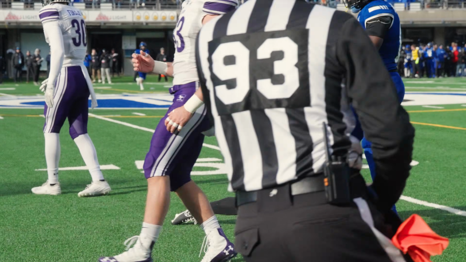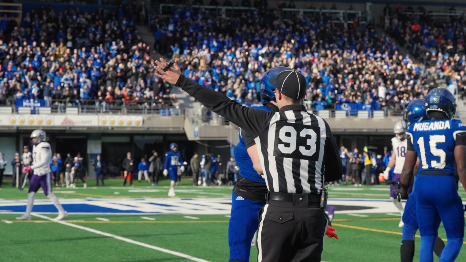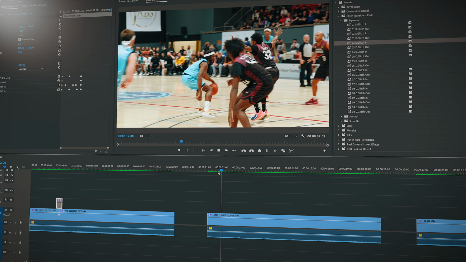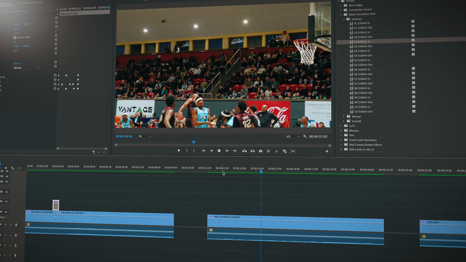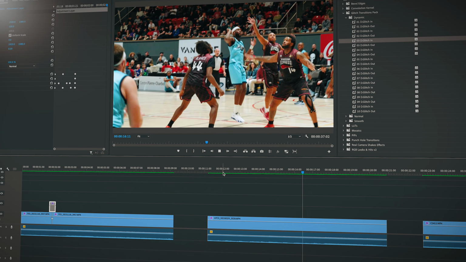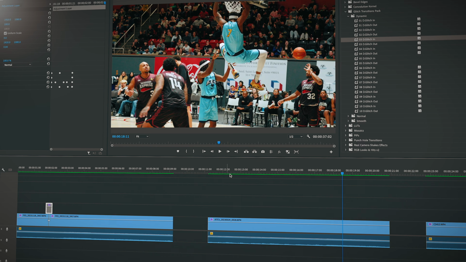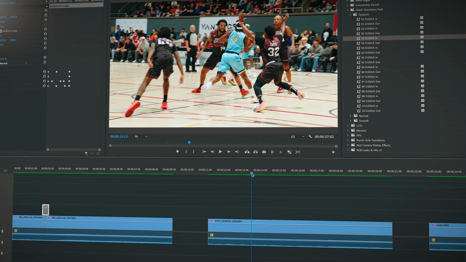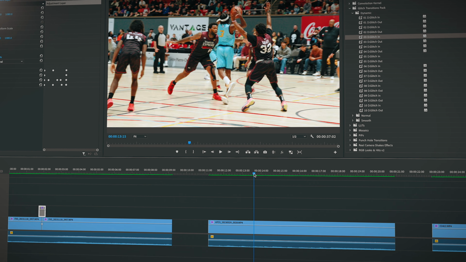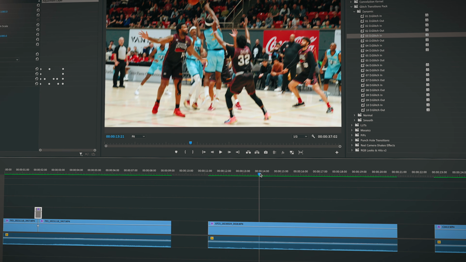It's subtle, it's pretty quick, but I think it does the job. For our second preset, we'll use this basketball sequence right here. I think this time we'll use the punch hole transition. We might even use it twice. Let's use it here where the pass goes back to the guard, and then we'll use it again for the